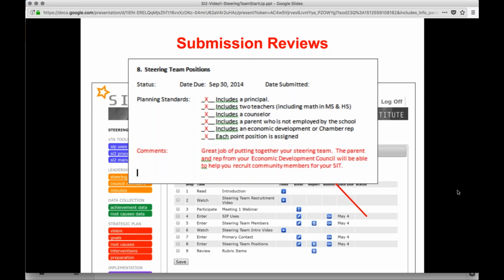We don't like playing games. We don't like that guess what I'm thinking, no, you're wrong. So you know ahead of time, and she'll show you how to look at the rubric, and you can see exactly what you need. And so this is one of the several ways that you and I will communicate, where I will check all of the planning standards against what you submitted to me. And then in the comments, I will tell you exactly if there's anything that needs to be added, anything that needs to be taken away, anything that needs to be enhanced, or maybe just a little coaching tip for the next time. So this is our way of communication on the actual VTA process page.